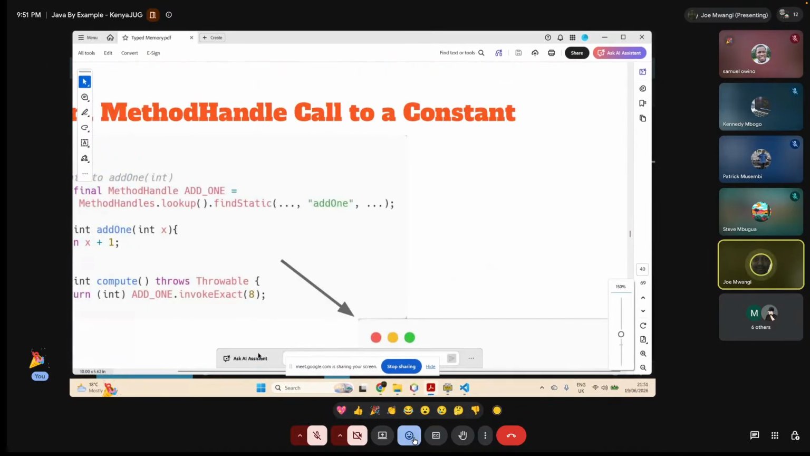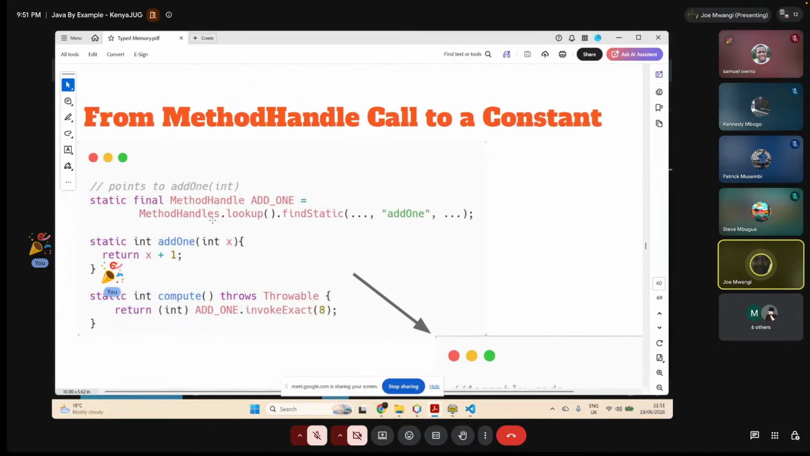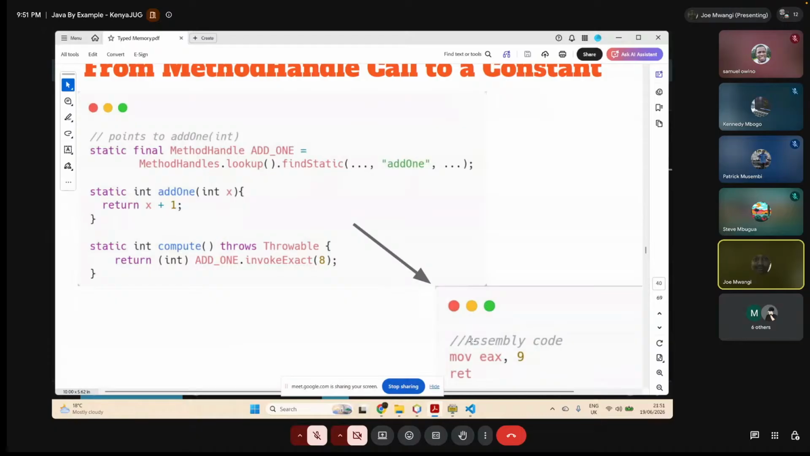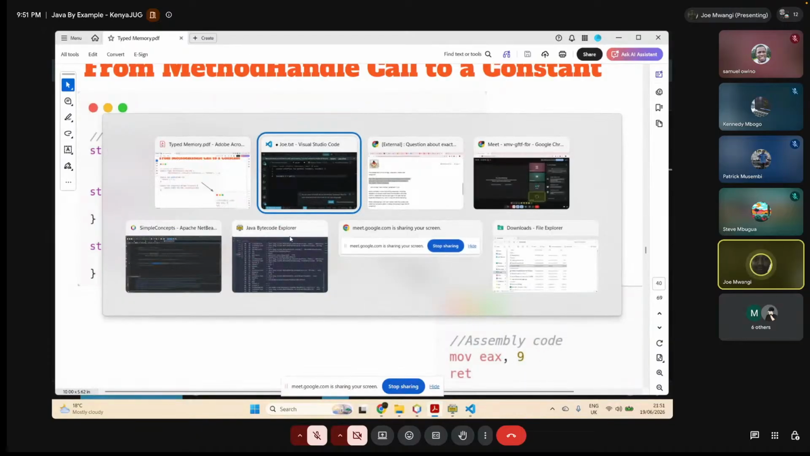So now you understand. And if you do that with method handles, it's the same thing, actually. If you write method add1, it will generate the same assembly code. That's why, if you notice, most Panama source code